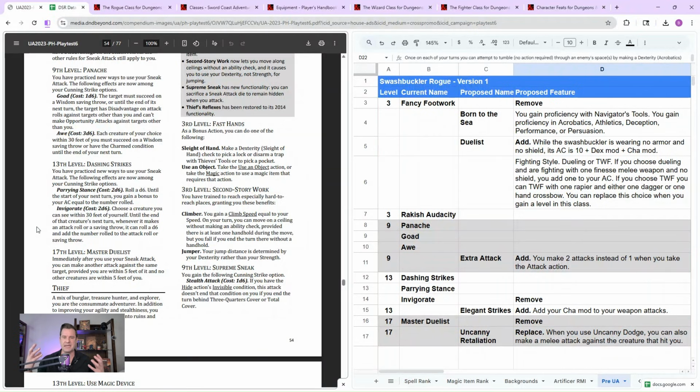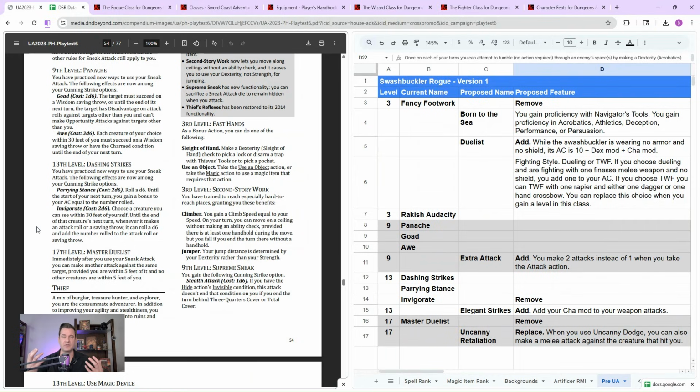But the way the mechanics for this is all coming together, what you have is a lot of features that are turning you into a frontliner, right? Goad is a frontliner thing. Like that's a tanking feature. We're going to give you boosted AC. We're going to increase your damage on the front lines. We're going to give you the ability to sneak attack while you're on the front lines by yourself. So there's a lot of frontliner type features we're putting together here, and then we're throwing this in, which is